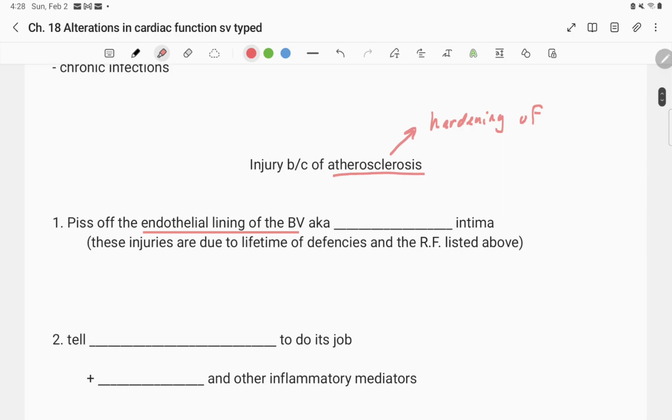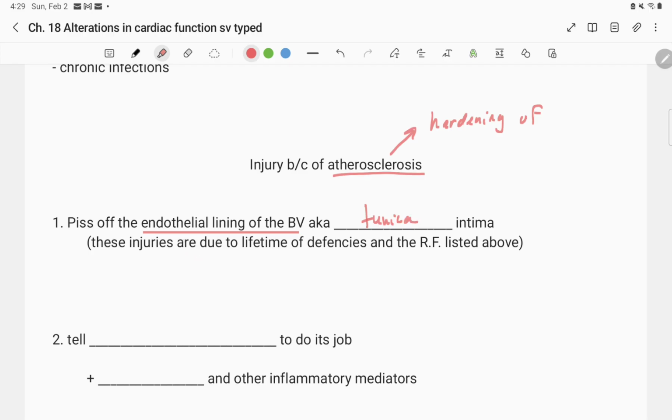Remember, there's 3 layers to our tubes, right? The inside is endothelial lining, so simple squamous epithelium. Then the middle layer is the muscle layer, so the tunica media. And then you have the outside layer, the tunica adventitia. So the inside lining of your blood vessel, the tunica intima,